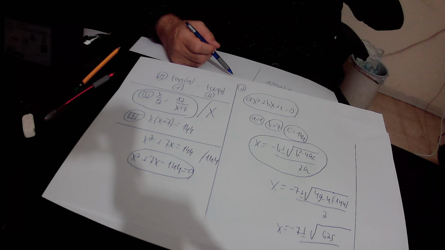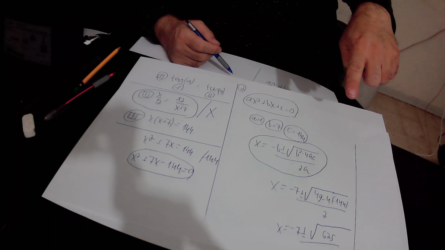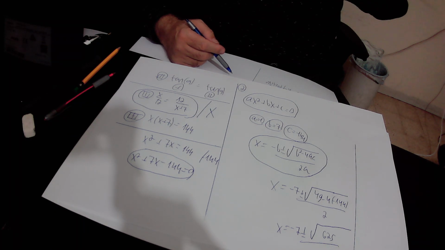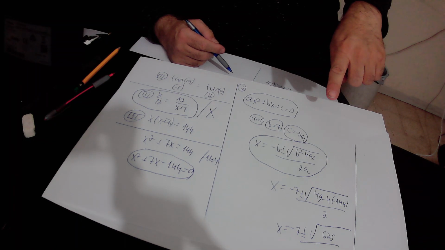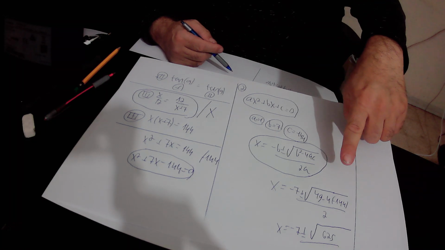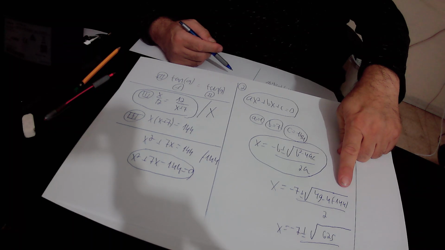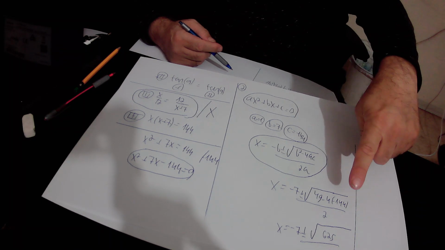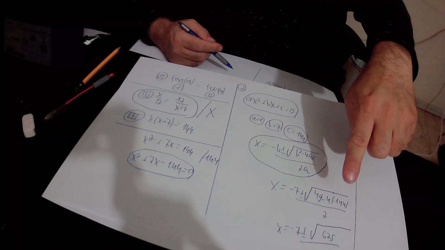So x equals minus b, which is 7, so minus b is minus 7, plus or minus the square root of b squared, b is 7, so b squared is 7 squared, that is 49, minus 4 times a, which is 1, and c is minus 144, over 2a, which is 2. Minus 4 times minus 144 is 576, plus 49, in total it is equal to 625. So inside the root we are left only with 625